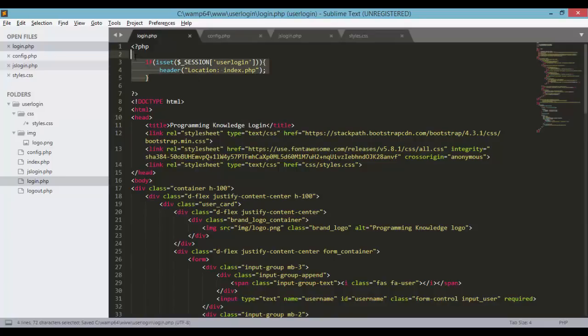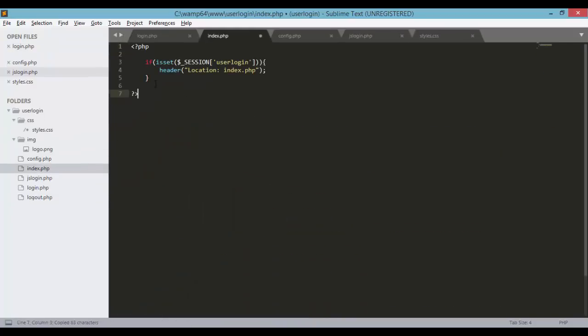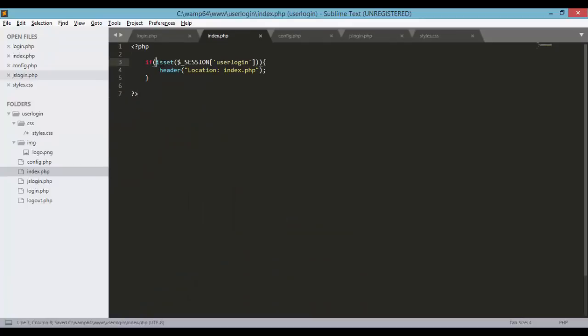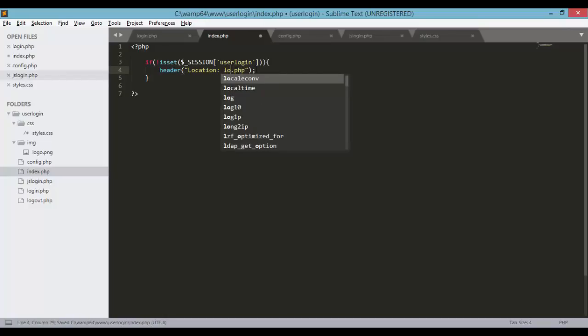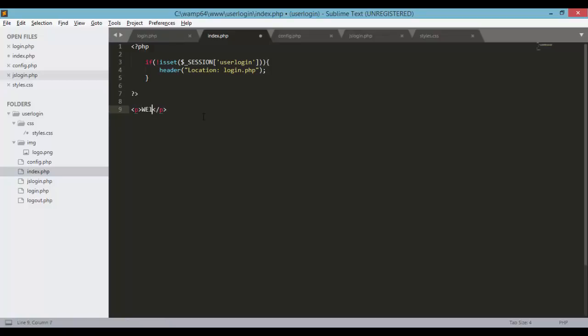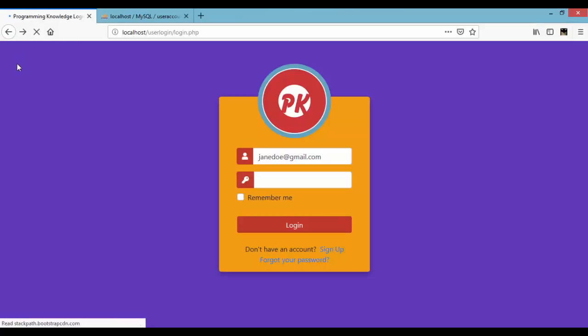and let's copy and paste this one, so in our index.php we could also check if the session user login is not set, redirect to login.php. So we'll just add an element here, welcome to index. Save index.php and go back to your browser, refresh,